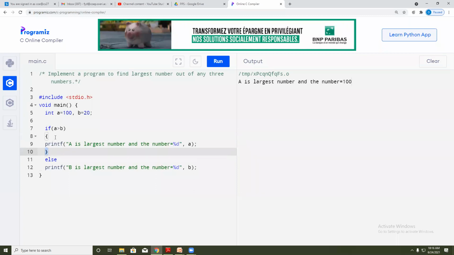It denotes the body of this function. If I used any other function here, such as the main function, the open curly bracket and close curly bracket define the body of the main function. Now in the case of this if statement, the open and close curly brackets define the body of this if control statement.